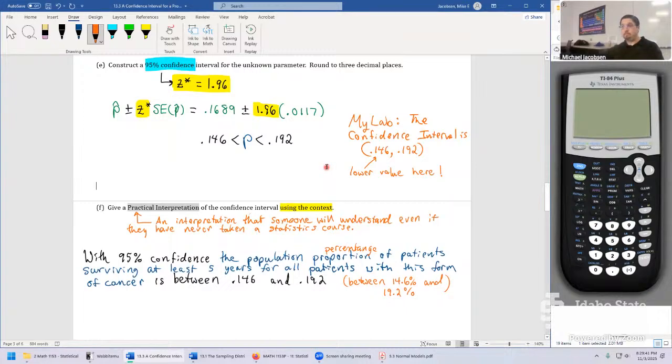But you know this, that the meat about it is just calculate P hat, calculate the standard error, look up Z star. Now you have your interval, and just restate what the parameter was. You have to mention the level of confidence. You have to say what numbers it's in between. But after we practice this a couple more times, it's going to feel pretty routine. When we go to chapter 14, it'll feel like almost the same kind of stuff, except we're saying the population average or the population mean, and slightly different kind of methods. There'll just be a mu inside here instead of a P.